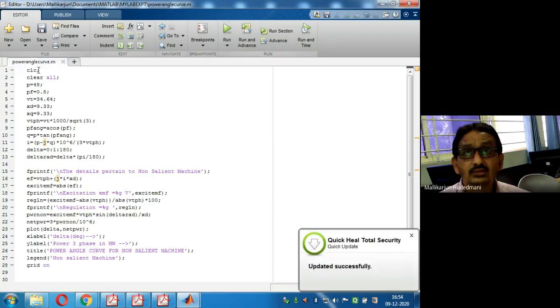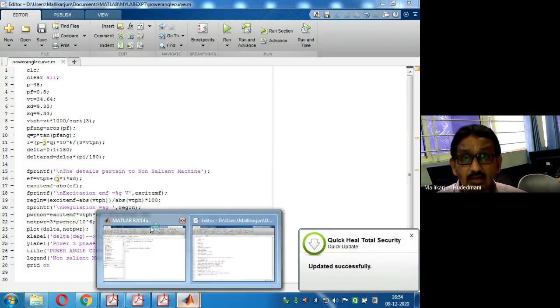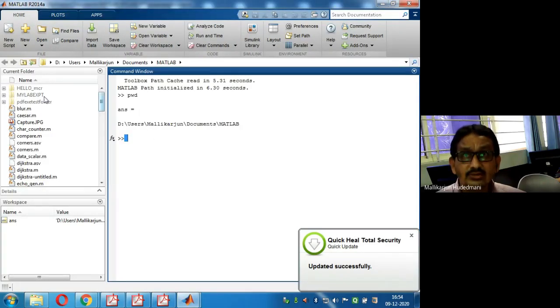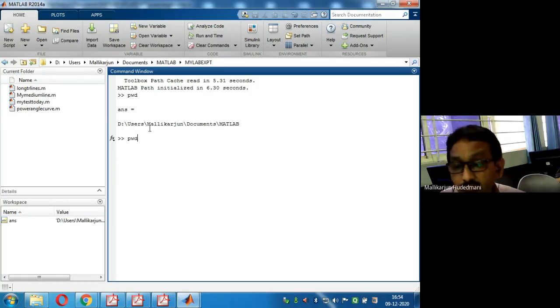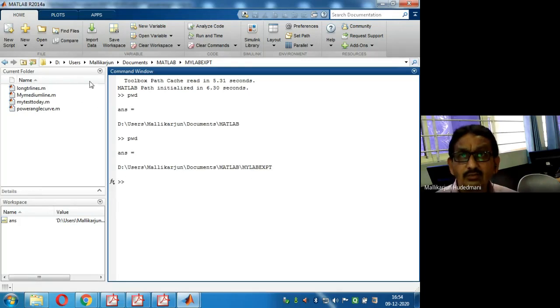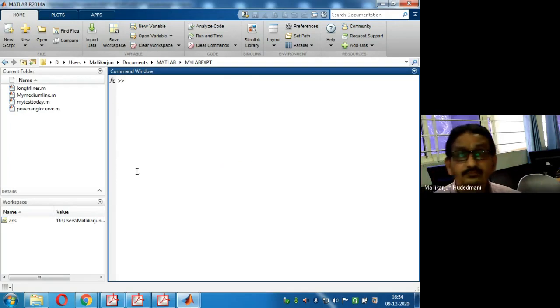Now you can see the title become automatically my program title. Now I will show you where it has come. I will go to this structure. I will click my experiment. Okay, you can see it has come down inside. Now in this structure, here there is a browse, my folder, path. Here also you can double click and bring your folder. So I wanted to tell you my program is saved. Here now if I type PWD, now my lab experiment should be shown. You can see here, it has come to my experiment. It has come down to my folder. So I will clear the path, clc, clear. So it is in my folder.